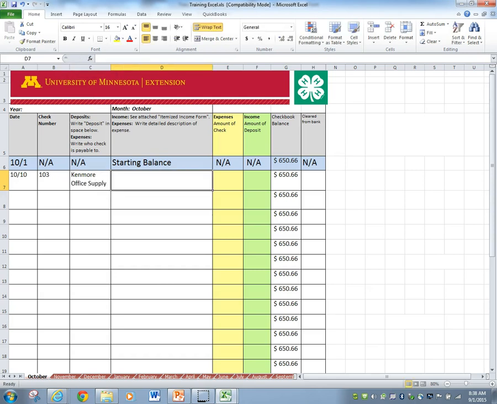And under starting balance, if you look way up on top, it says if it's income, you're supposed to write see attached itemized income form. If it's an expense, write detailed description of the expense. And this was for treasurer supplies. The yellow box is to record expenses. The green box is to record income. So this is a check for $23.27, which is an expense. When you hit the tab, you can see where it says checkbook balance that it automatically subtracted the $23.27